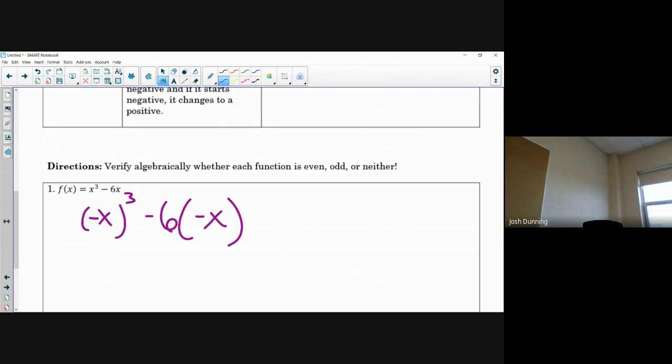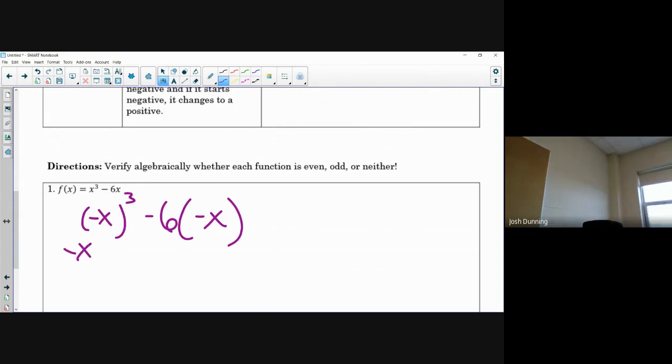Then you go through the sign changes. If you raise negative x to the third power, well, it's still x times x times x, but let's think about the signs. A negative times a negative for the first 2 powers, that's positive x squared. Double negative is a positive. But that third one,